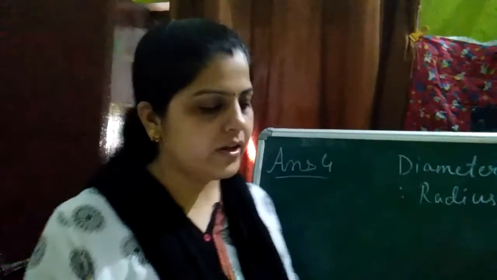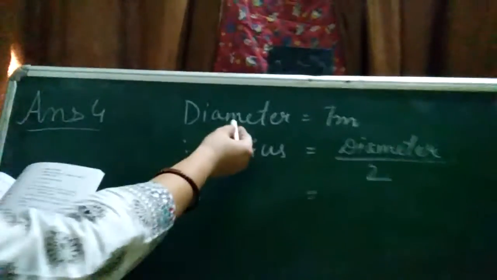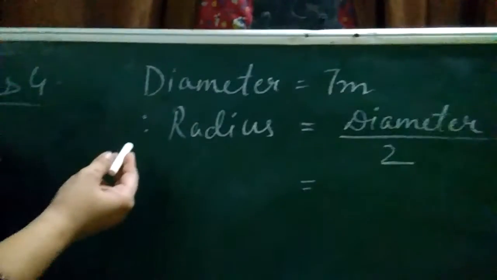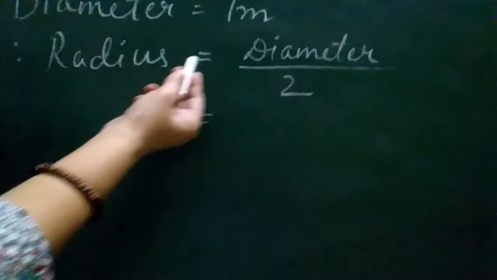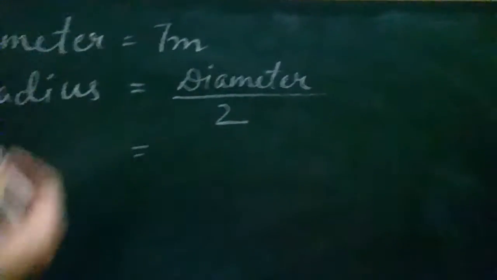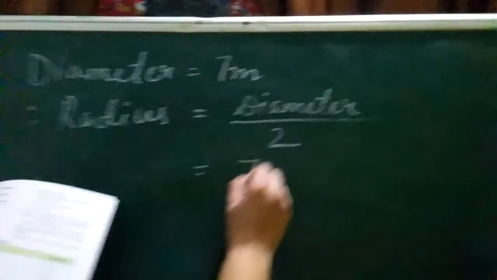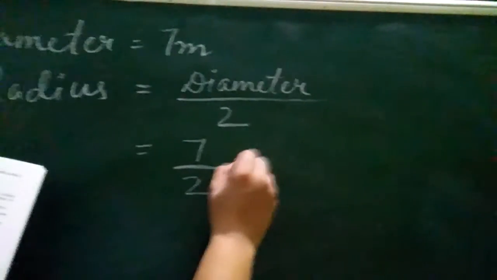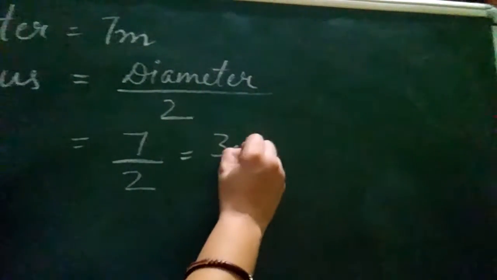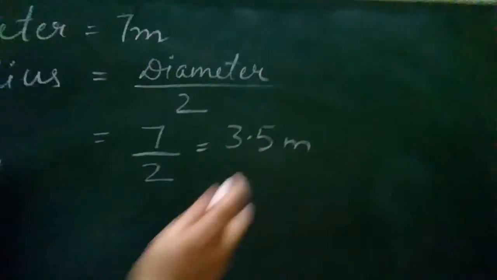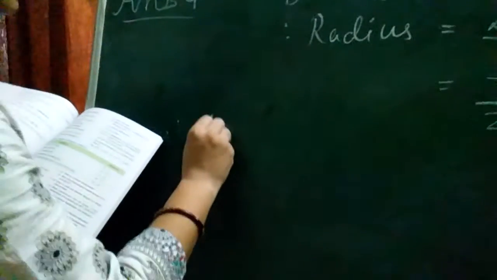Let's move to the fourth question. The diameter of a circular field is 7 meter. Find the area of the field. Now in this question they have given the diameter. Diameter is equal to 7 meter. So how will you find the radius? Radius is equal to diameter divided by 2. So the diameter is 7, 7 divided by 2. When you divide, you will get 3.5 meter. Therefore, area of the field